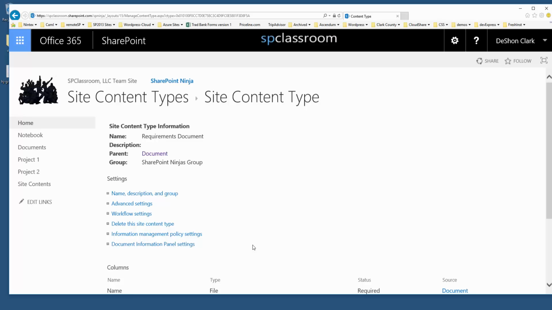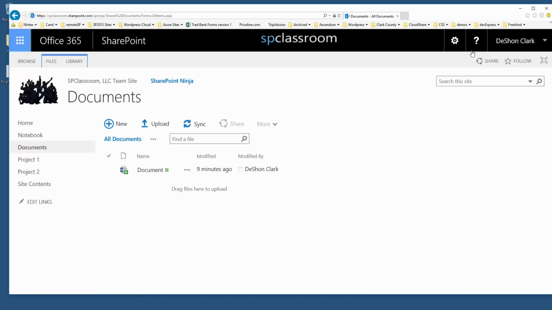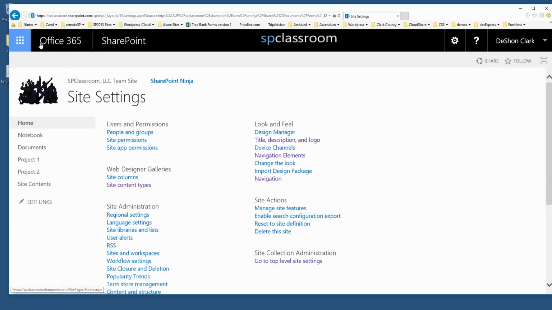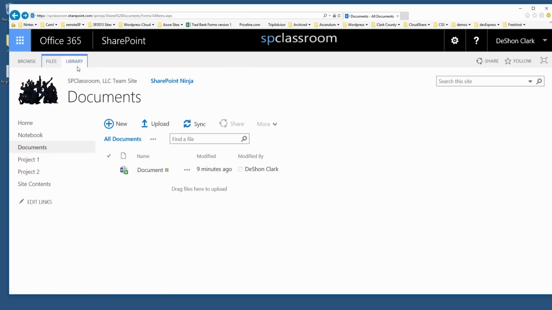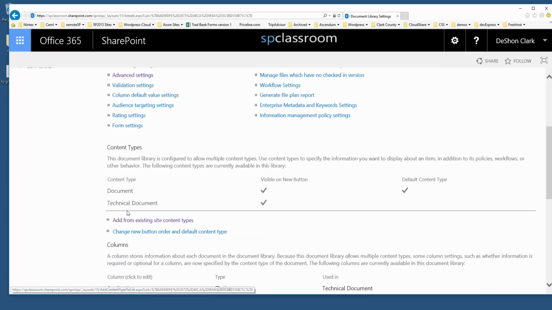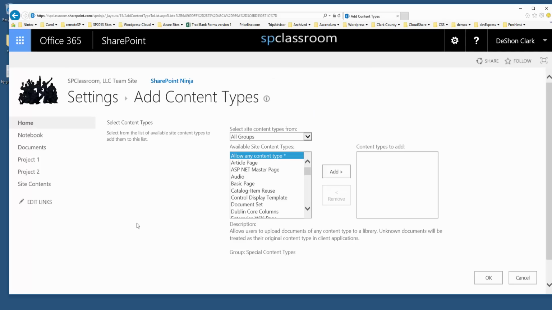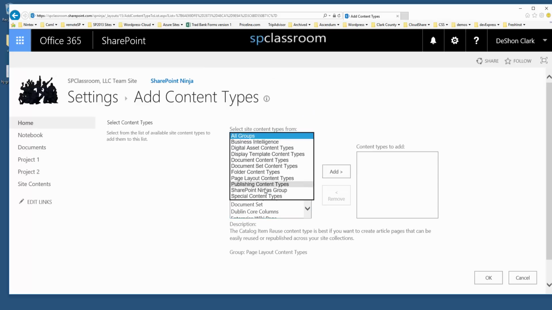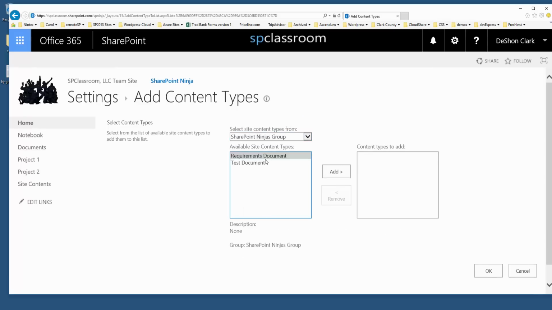Okay, so now we're going to pop out. I have all my content types created. I want to go back to my document library under site settings. Oh, sorry, I should be going to library settings. I got confused there. So go back to library settings. And then here, I only have technical document and document as the current content types assigned to this document library. So now we can go ahead and select the remainder, which is going to be requirements and